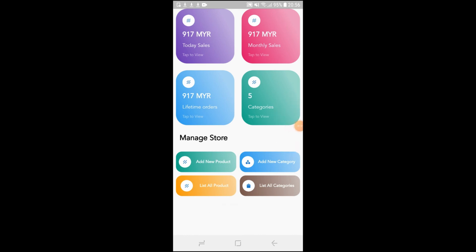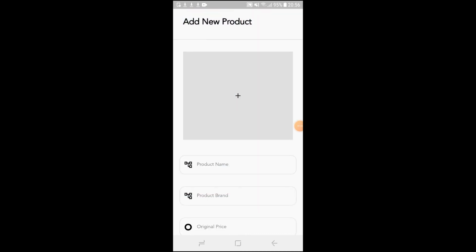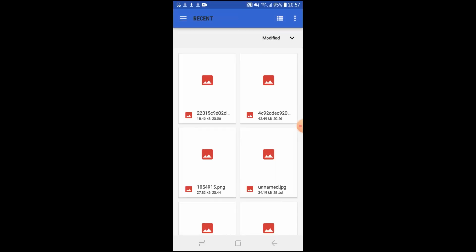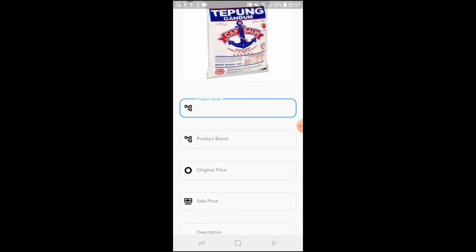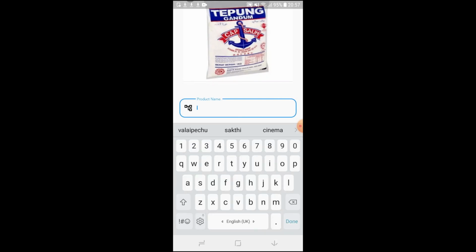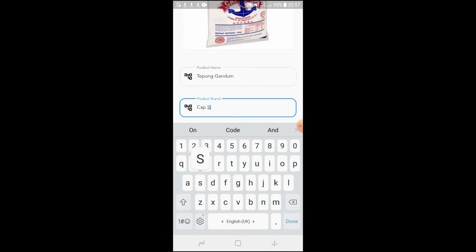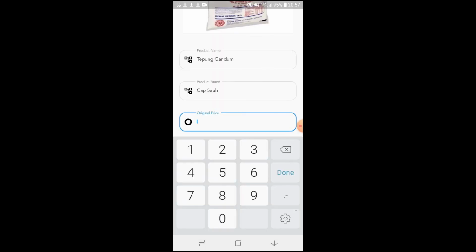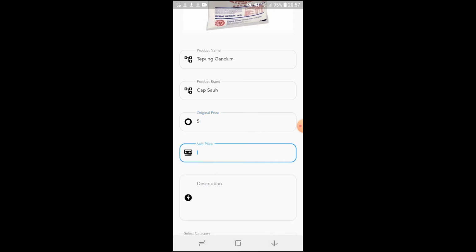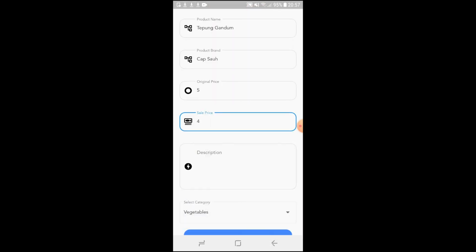Okay, for now we'll add products, add new products. Over here, same, we have to allow permission for adding products from the phone device. We'll pick a photo and we'll enter the product's name, product brand, original price 5 ringgit, selling price could be 4 ringgit, and then descriptions.